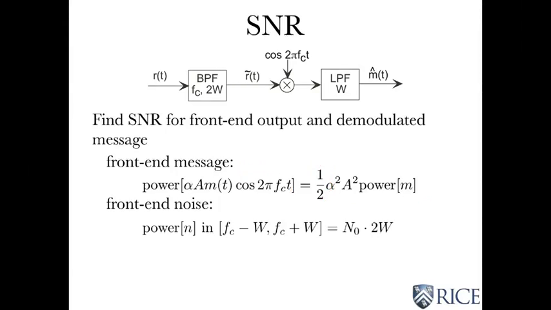The power in the noise is just as easy, in fact easier to calculate, because it lives in a frequency band that's centered around the carrier frequency, and so its bandwidth is 2W, and you multiply by 2 times n0/2, 2 for positive and negative frequency, n0/2 is the spectral height. And we wind up with a signal-to-noise ratio coming out of the front-end filter